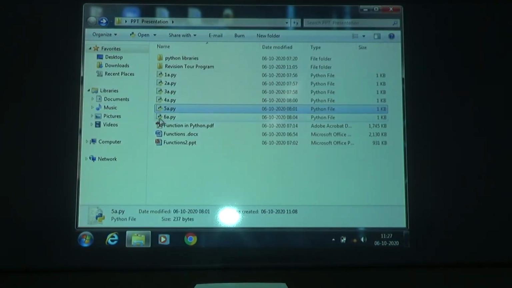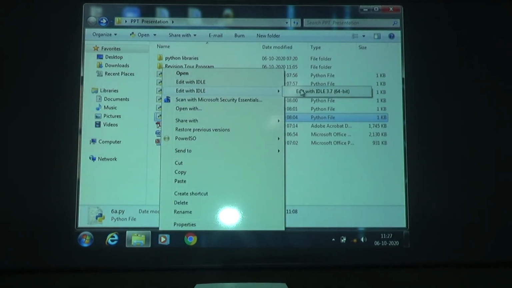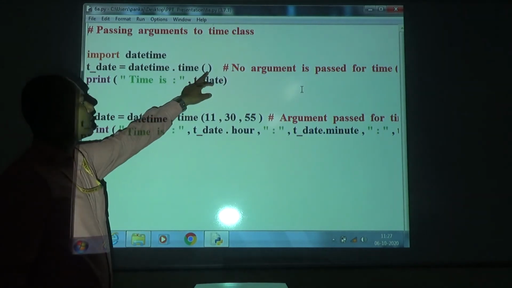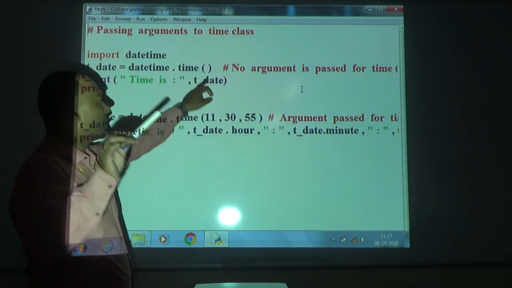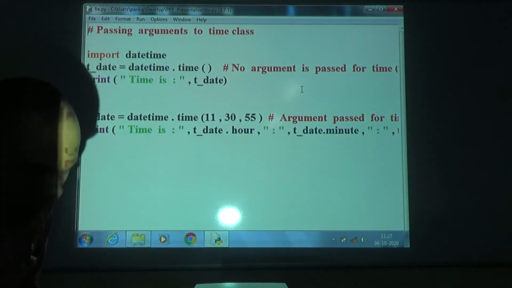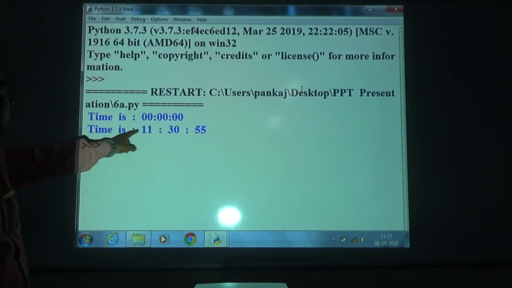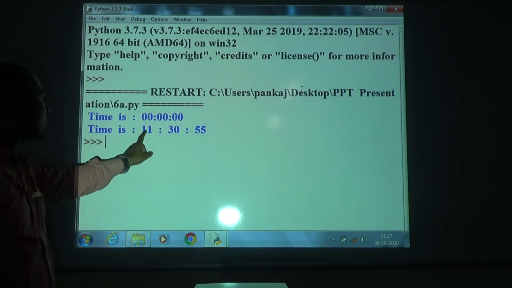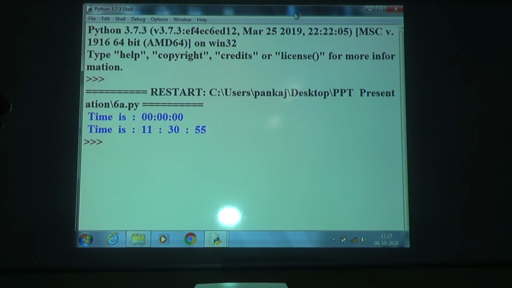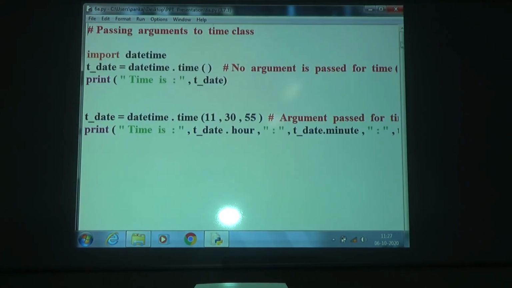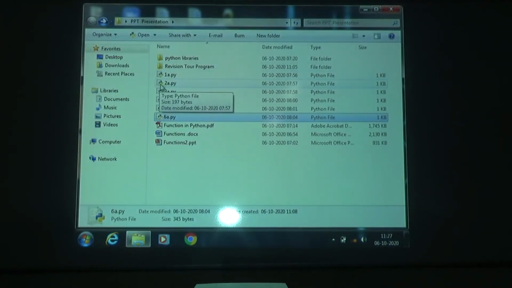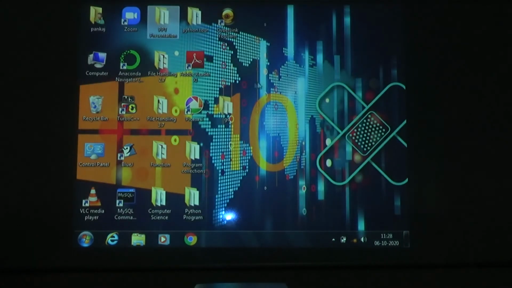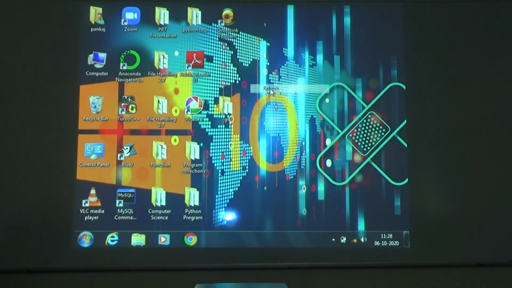And the last program is how we can access the module with arguments. Here no argument is passed, that means 0 it will return. Here arguments are passed. See the output, what will be the output? See, the time is 0 0 because of no arguments. Now see, we have passed the arguments 11, 30, 55. Regarding this we have seen the output. So these are the parts of Python libraries we have seen, as well as theoretical and practical questions. Hopefully it will be helpful for every student in gaining good marks in the exam.